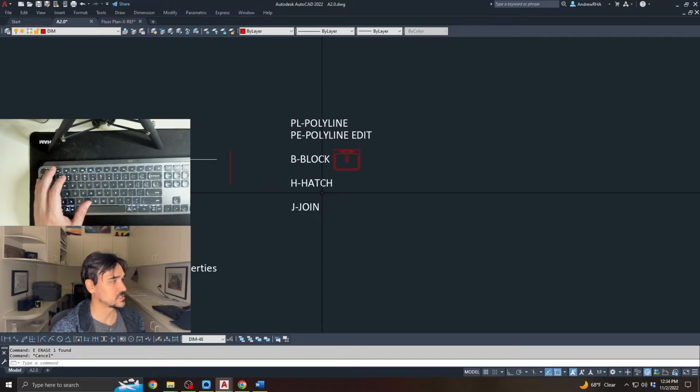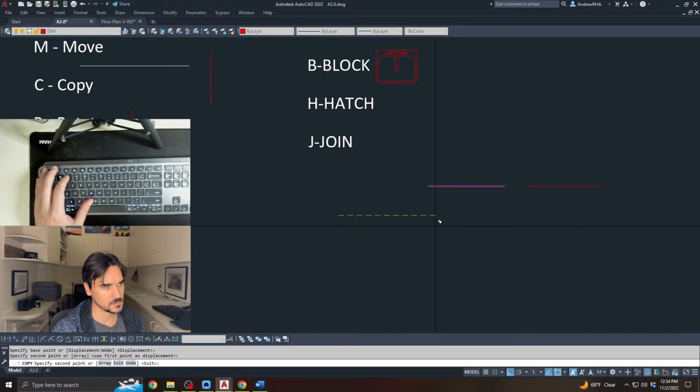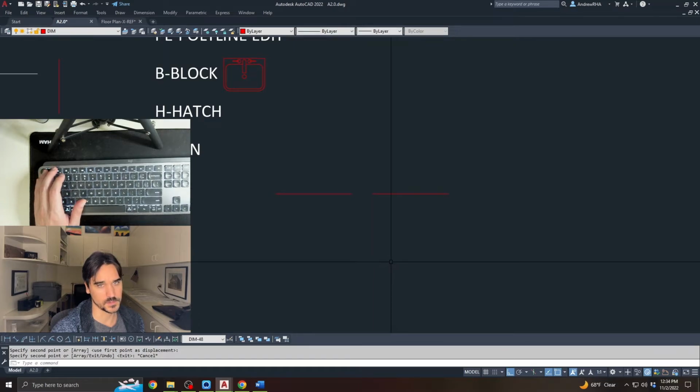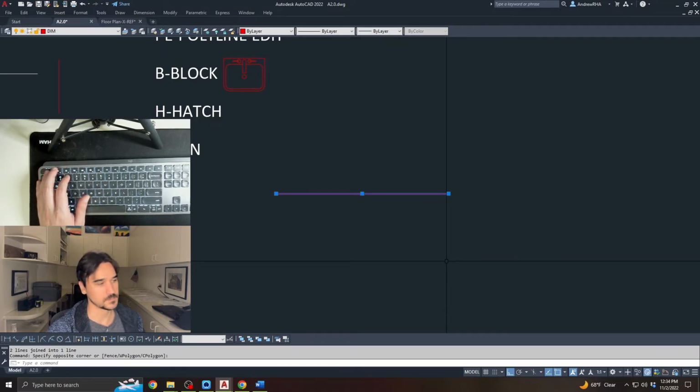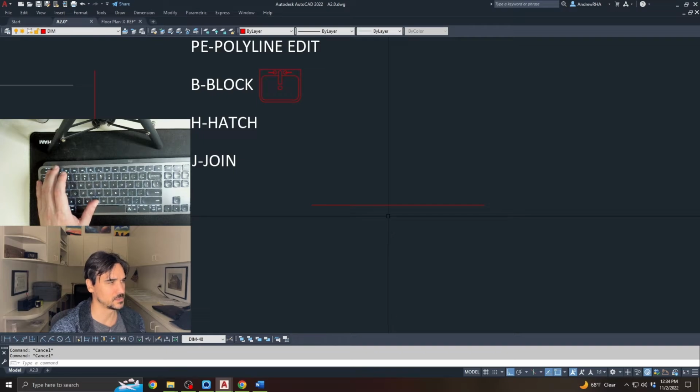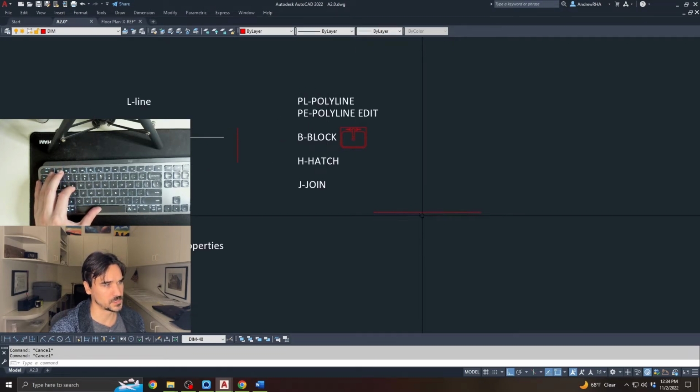And last but not least is join. So a couple of lines that are consecutive like this, and you want this to be one line. So instead of drawing a new line from this end to this end, having these extra objects in there, what you're going to do is just hit J, enter, select these two, and it'll turn it into one object. Now there's a lot of limitations with join. It works best with just lines that are in the same plane, in the same X, Y, Z or Z axis,